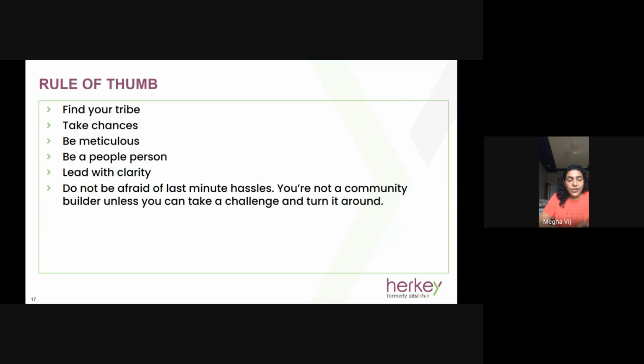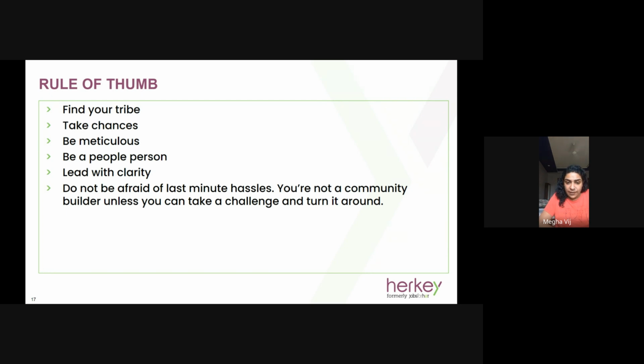You have to be meticulous, very important. If you're not organized, it will be very difficult for you to manage. I've said this multiple times before, but you're dealing with a larger lot of people, or a larger lot of brands. It is important that you're organized and meticulous. You have to be a people person. If you're not someone with an enterprising personality or nature, this is not going to fly for you. So if you're not that, but you want to do community, you either hire somebody who can do that for you. But being a people person is very, very important when it comes to running communities. You will need people skills. It is the backbone of everything.